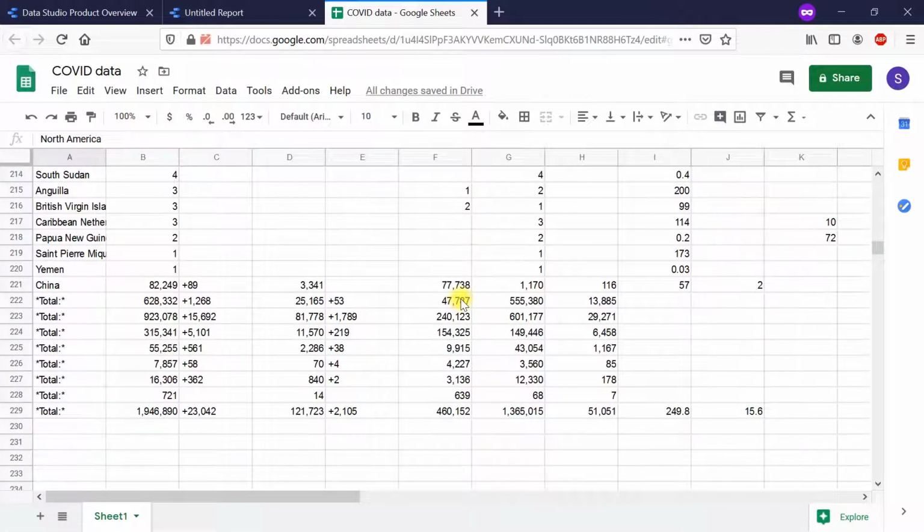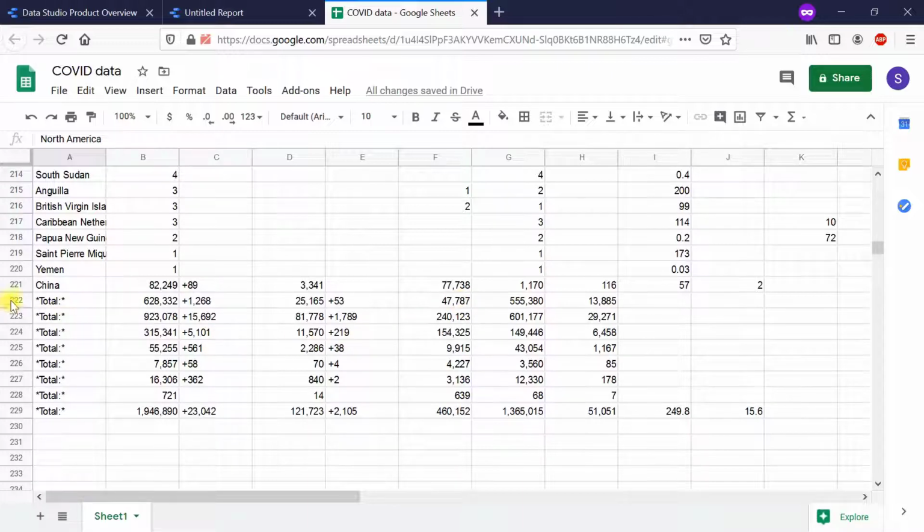All these do not belong to any one country, and so I do not want these rows in my data. Also, Data Studio will by default try to find the total of these columns. There also having such rows will create a problem. So I will hide these rows.